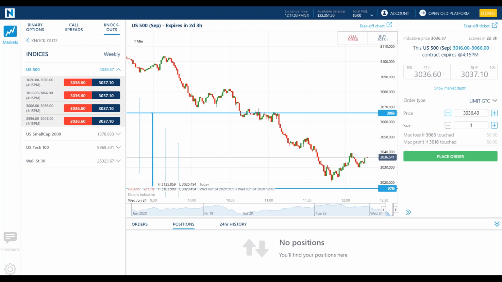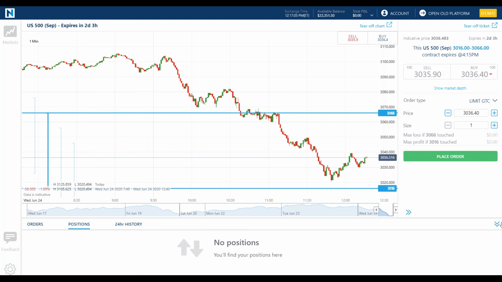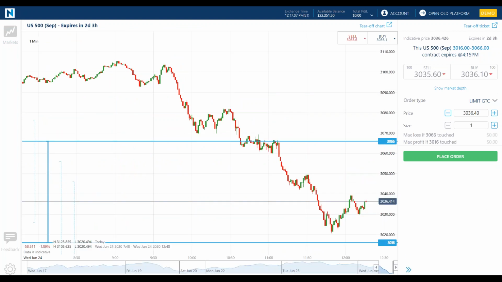It doesn't matter which one I open up because they're all on the chart. I am now going to click hide, and also hide the positions so that we can maximize our real estate here on our chart and our order ticket, our workspace: the chart on the left, the order ticket on the right.